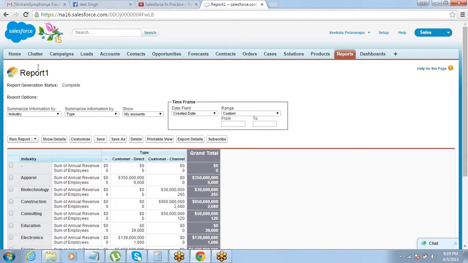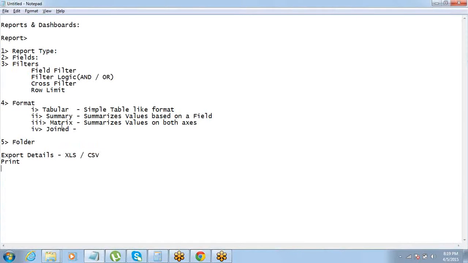All right, so my report has been saved now. The save as option is there, and the save option is there. Save will just go ahead and save this report. Customize will take you back to the report builder screen where you can customize the report again. Show details will show the detailed records, which I don't want. There's one more thing that we can do,